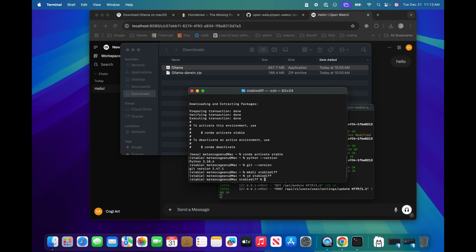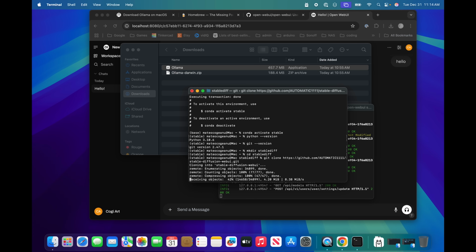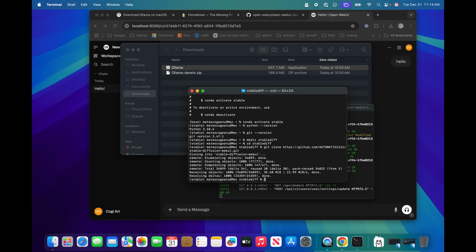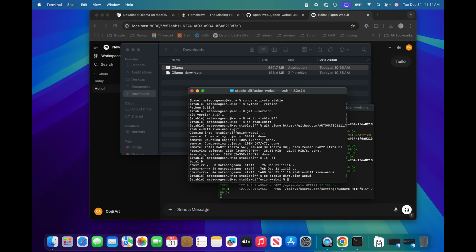and then we clone the AUTOMATIC1111 repository. The link is in the description, and we are cloning it right now. We can list to see if it cloned. Here we can see the stable-diffusion-webui, and now